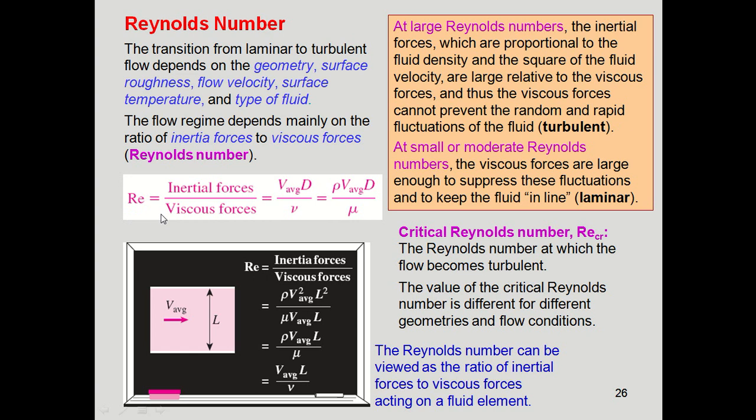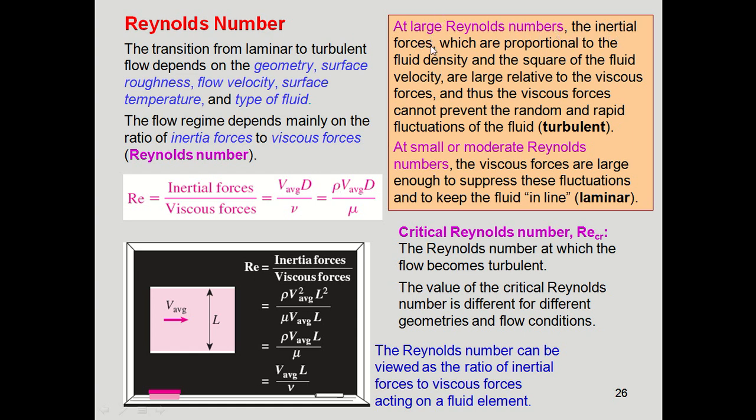So what is the Reynolds number? The Reynolds number is defined as the ratio of inertial force to viscous force. It is the average velocity of the fluid multiplied by the diameter of the pipe divided by the kinematic viscosity. So this is equal to rho V d by mu, where rho is density multiplied with average velocity and diameter, divided by dynamic viscosity. We have just substituted the value of kinematic viscosity in terms of dynamic viscosity and density in this formula.